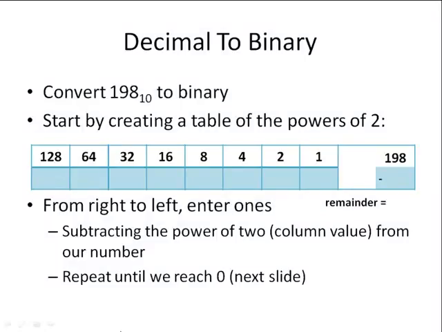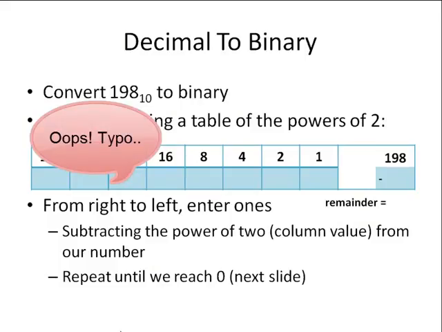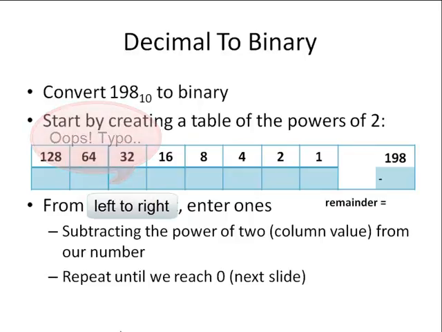The inverse problem is how to convert decimal to binary. So for example, how to convert 198 in decimal to binary. And again, we can start off by creating a table of the powers of 2. We're going to work from the left to the right. We're going to enter a 1 wherever the column value is less than or equal to our remaining value. So we've got 198 just now. 128 is less than 198, so we're going to enter a 1 in that column, and we will subtract it from 198,